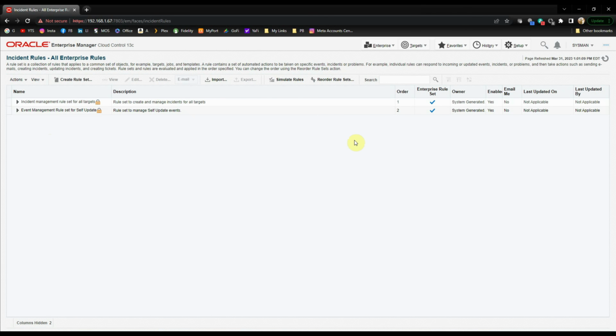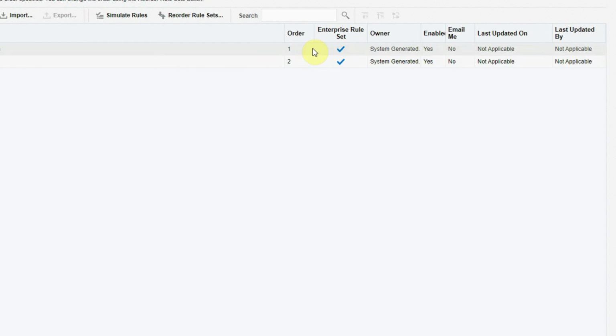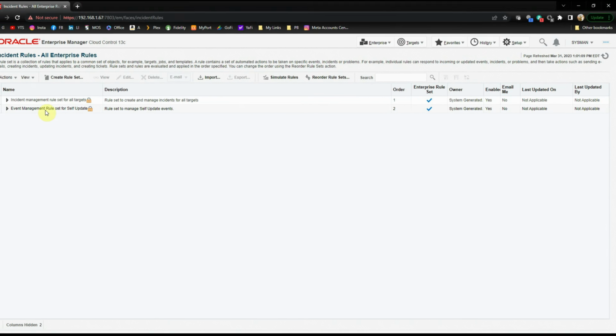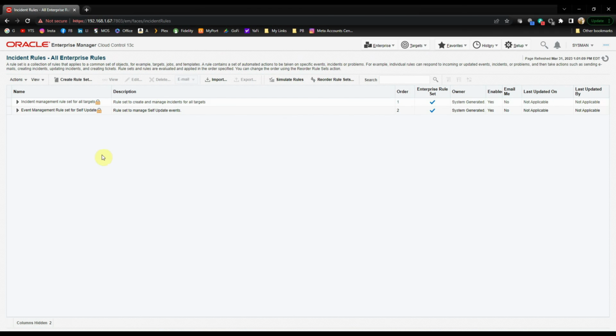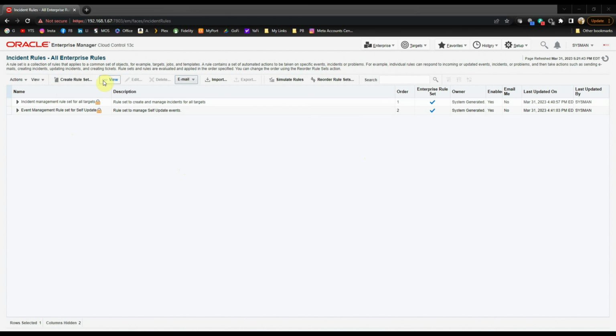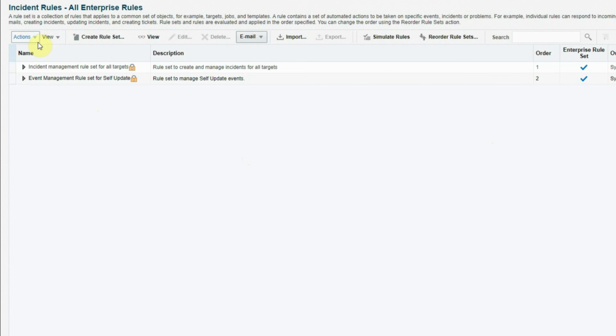Please note that the incident rule sets are executed as per their order, and the rules inside the rule sets are also executed as per the order in which they are defined. So if you have a large number of rules, OEM will go through each of them to see what action it needs to perform. So you may want to limit the number of rules only to the ones which are actually required or fulfilling your requirement. To define a rule set, we can click on this Create Rule Set button,